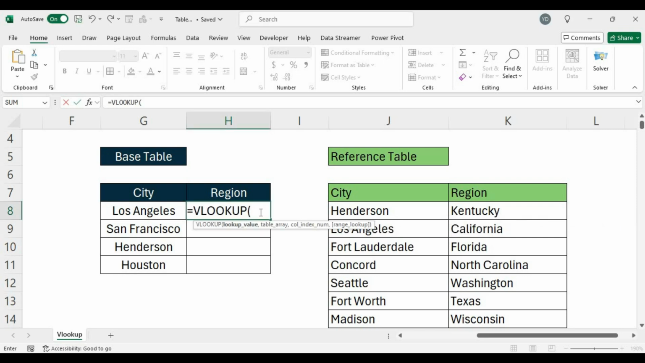Now you can see that you have some values to be filled in this function in order to get your desired output. Firstly you have the lookup value. So what will be our lookup value? The city value. The city value is Los Angeles, so you can type it in as a string like this, Los Angeles,